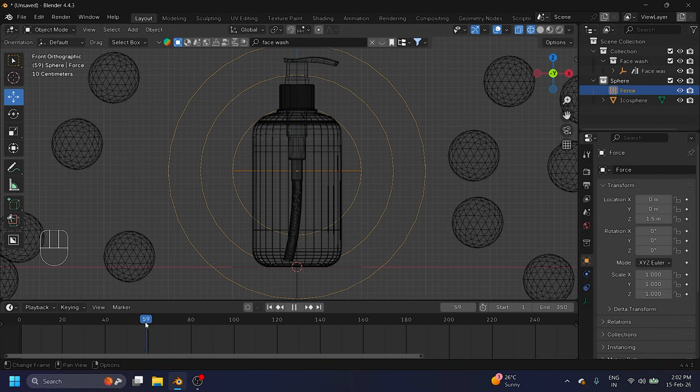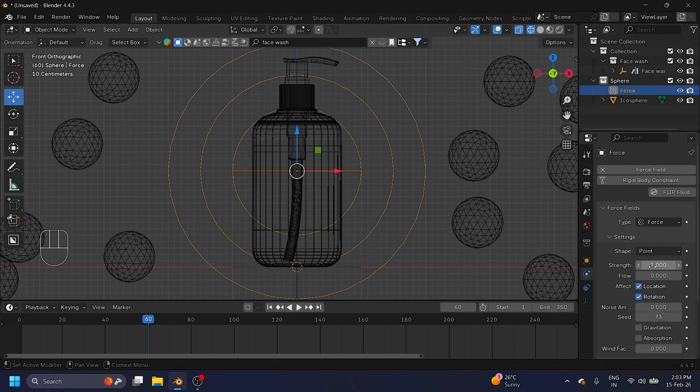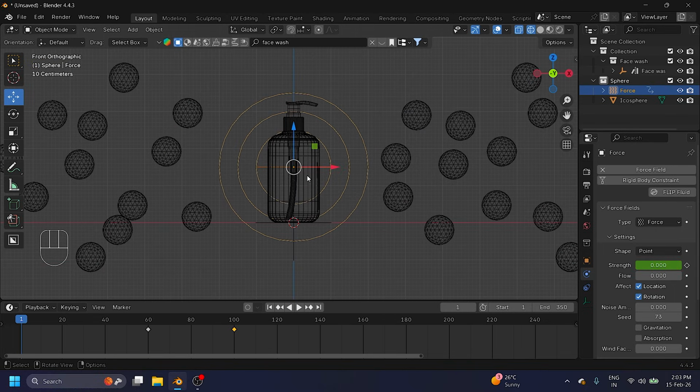Now go to frame 50, here 60. On the force field, strength 0 and keyframe. Go to frame 100 and strength -50 and keyframe. Yes, good. See, that's my simple force field effect.